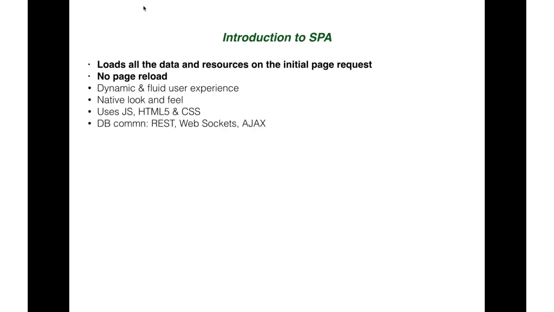Fine. Having said what single page applications are, now in case you have a particular website or web application and you want to have communication with the database, you can achieve communication with the database using REST, WebSockets, and AJAX technologies.